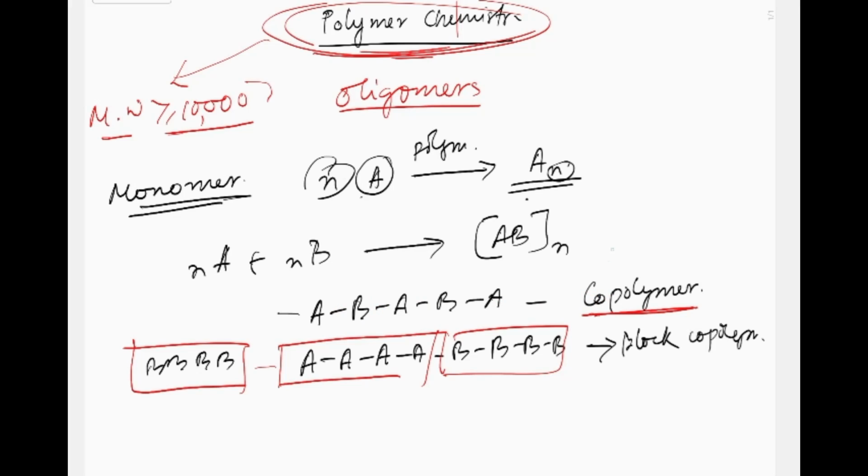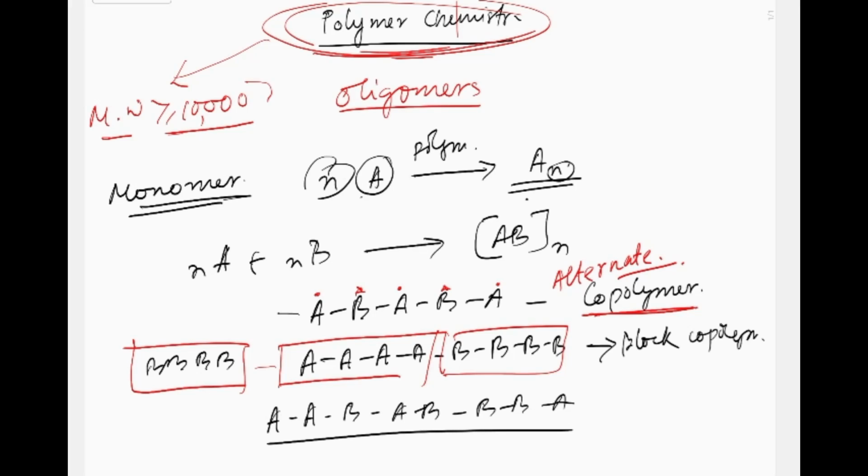Another copolymerization is this, as you can see, the A is coming at alternate positions, also B are coming at alternate positions. So this can be termed as alternate copolymer. Okay. And suppose this kind of polymer is generated with this type of reaction, A, B, A, B, B, B, A, this can also be possible. So now the arrangement is random, right? So as the arrangement is random, this can be termed as random